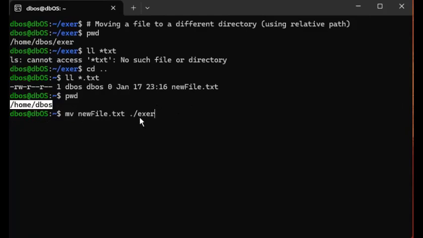path. So this is a relative path because it does not begin with the root directory. In fact, it begins with a dot, which refers to the current directory. So I'm telling Linux, I want to move this file from this source to this destination. Destination is current directory /exer folder or directory. Okay, so no errors, but if I do a cd to this folder one level deeper,